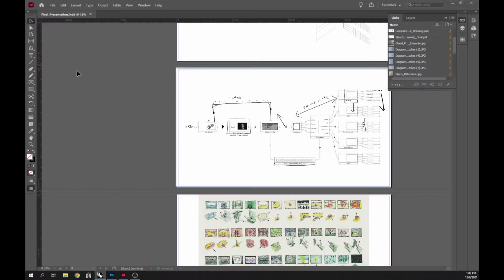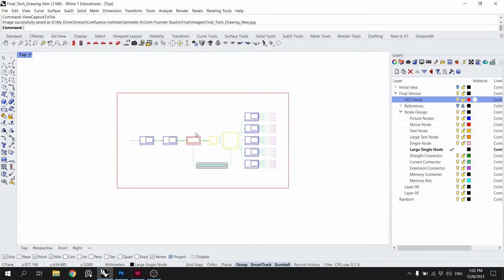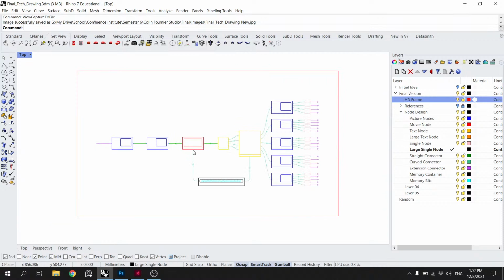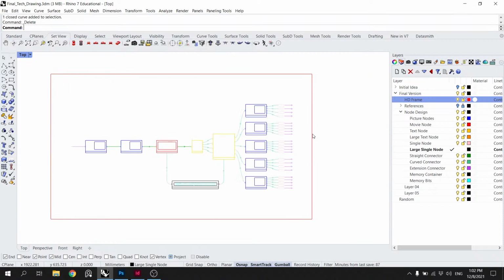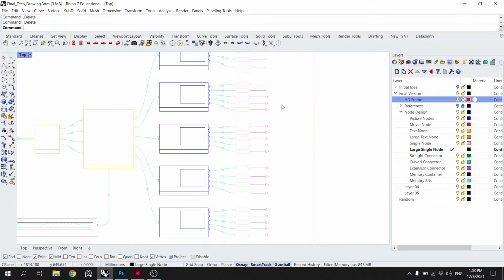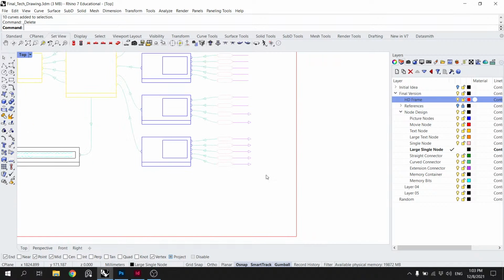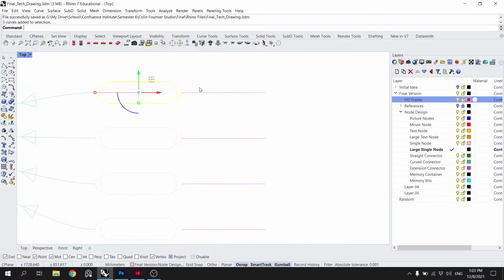Alright, so here's my drawing as it is. And so we just gotta go through here and make our changes. So, I mean, easy one, that's not gonna be there anymore. Neither are any of these arrows. Could save that.